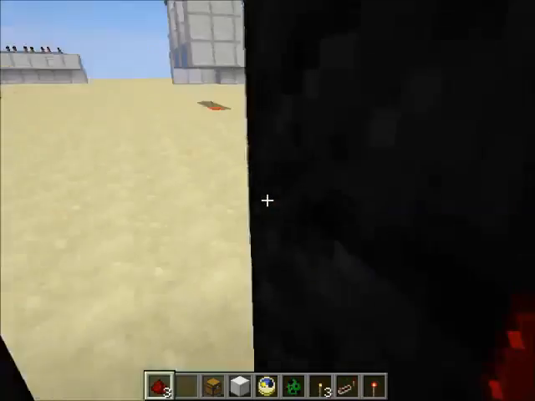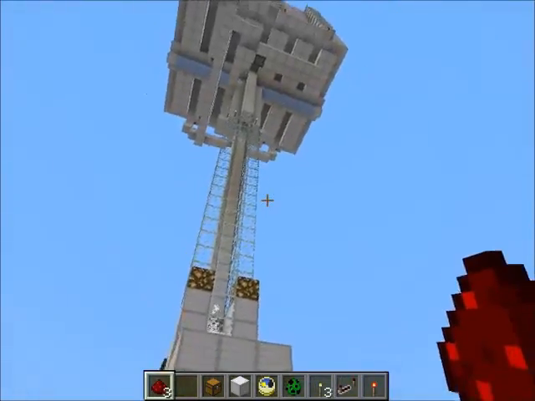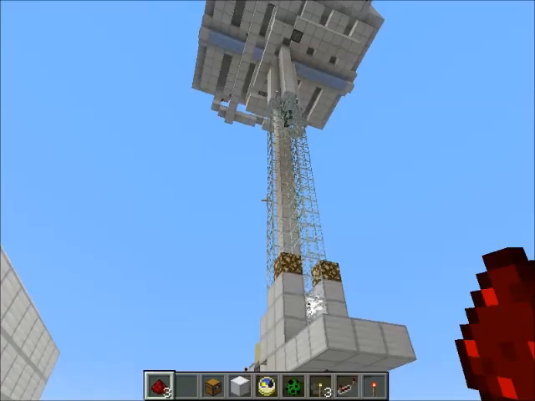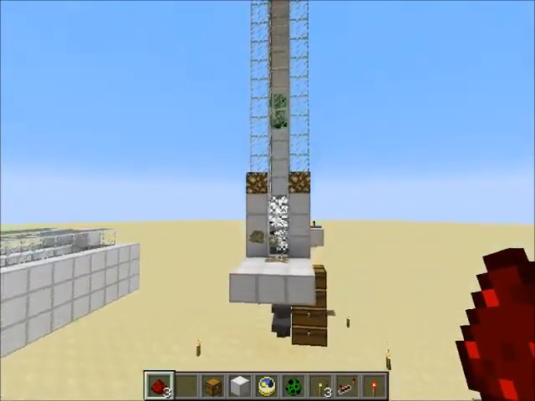So I'm going to just hop over to creative here, and we'll show you what we're going to do. So, over here, great transition, eh? Yeah, totally fake. This is the plan. This is based on Smoking Koala's redesign of Mumbo Jumbo's packed ice mob trap. Now this looks like it pumps up pretty good. This actually isn't the full height. So if you're standing here,